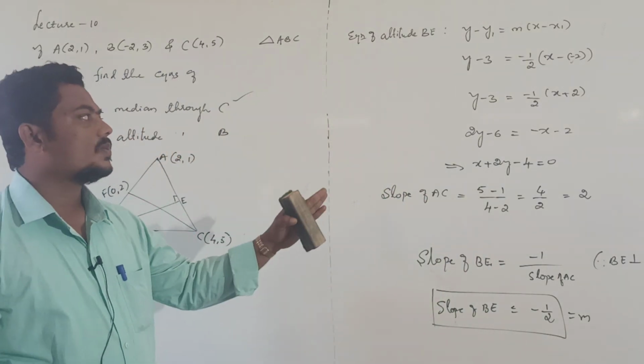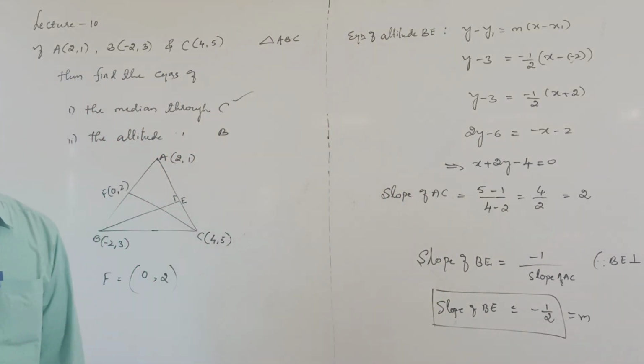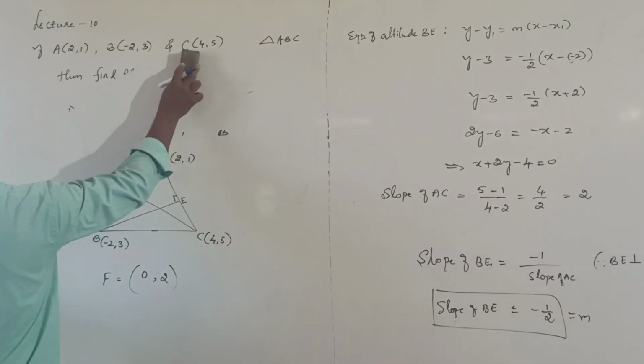Equation of altitude BE is x plus 2y minus 4 equal to 0, right? After that,